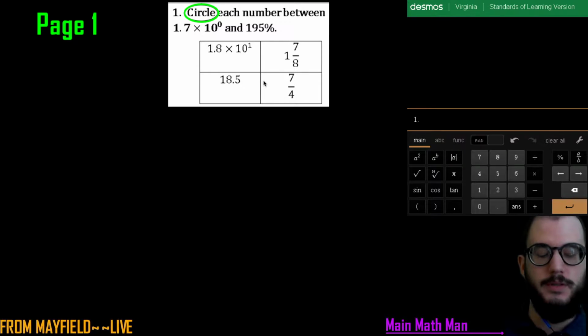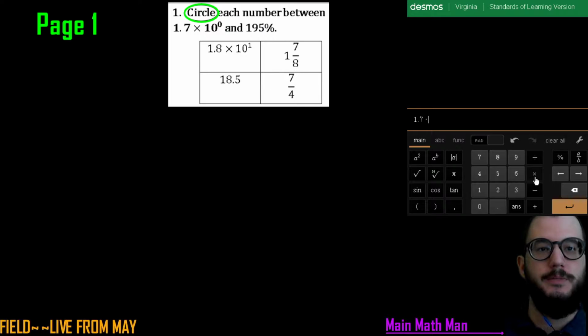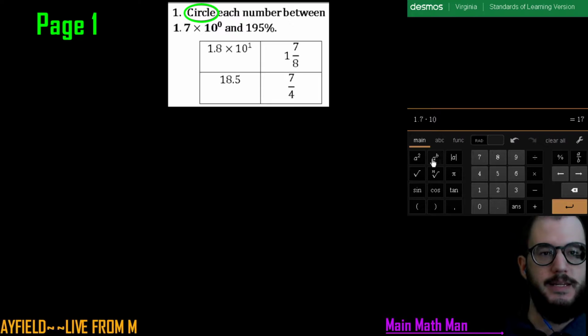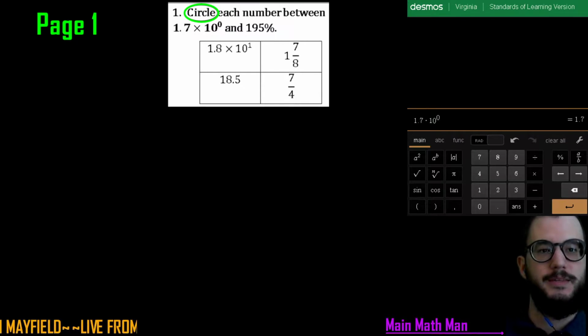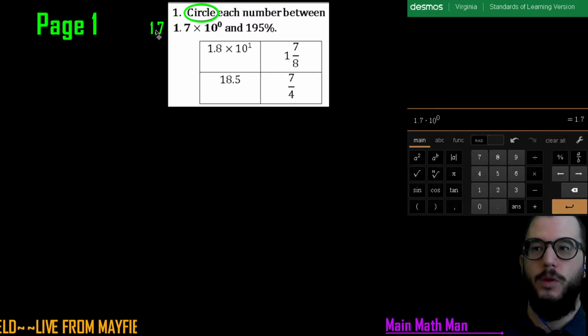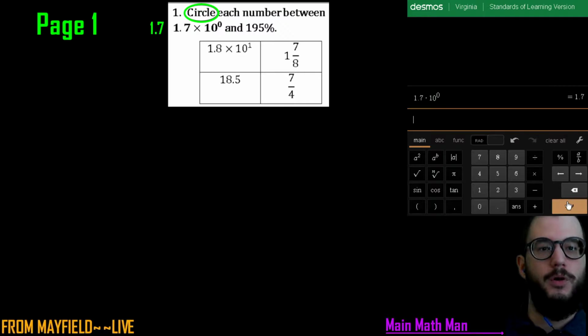So I'm going to type this into my Desmos calculator exactly how it looks. I'm going to say 1.7, and I'm going to say times, and then 10, and I hit that A to the B button because I need to use that exponent. And so notice how the cursor goes up, and it's to the 0 power. So it's just multiplying it by 1. So for this first value, it is going to be 1.7. And then for my next value, I have